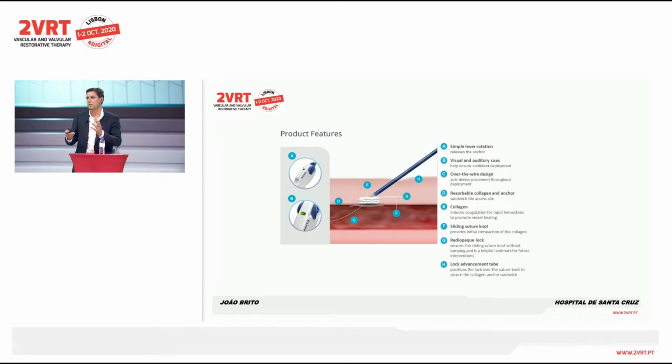It helps not only to close the puncture site, but it also activates the coagulation pathways, which aids to a quicker hemostasis. And we have a stainless steel lock that helps to secure on site this combination of collagen plus the polymeric toggle, and it kind of makes a sandwich inside and outside the vessel, allowing to